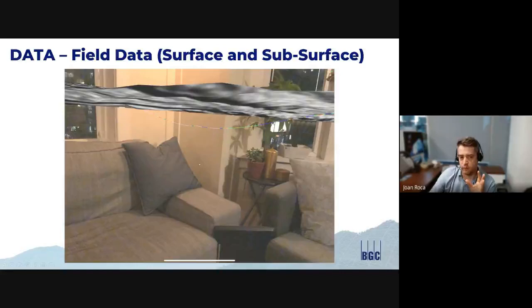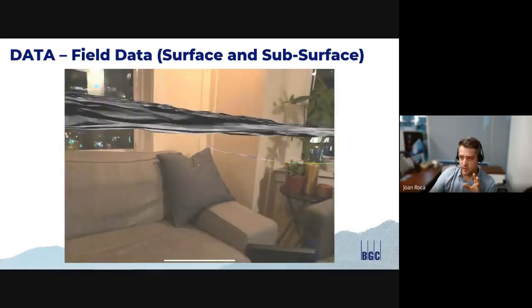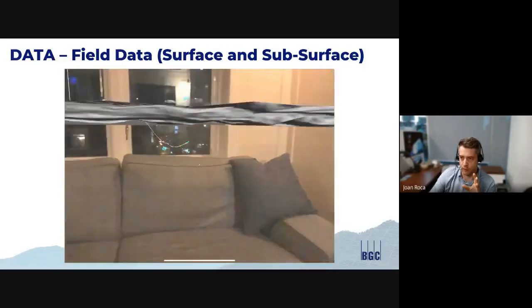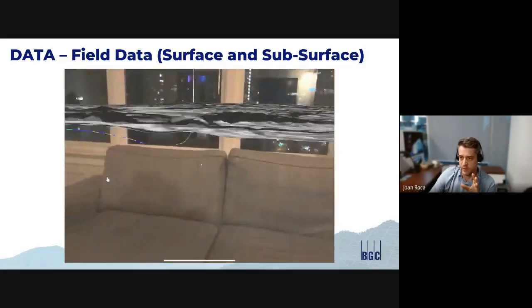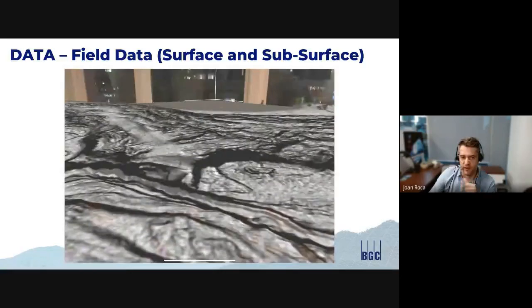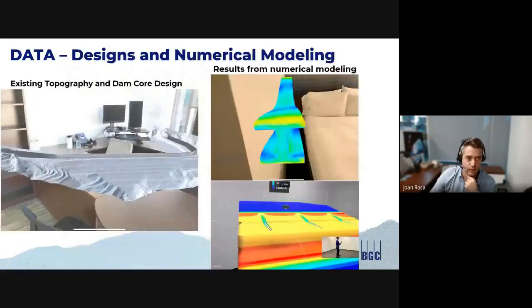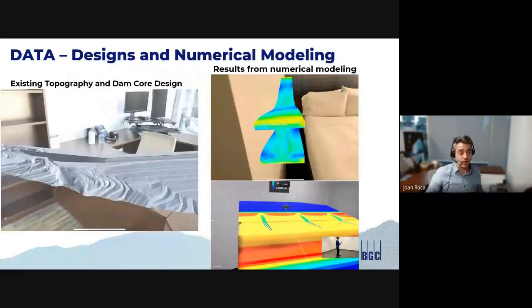This was very difficult to convey to our client by just using 2D drawings and presentations. By being able to walk around, and now you can see I'm panning around, this is far easier to interpret, far easier to communicate to different stakeholders. Other kinds of data, you can